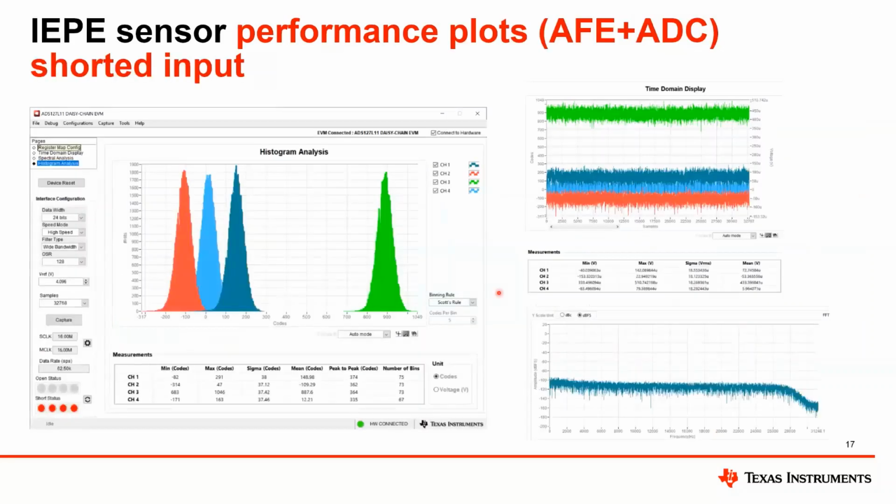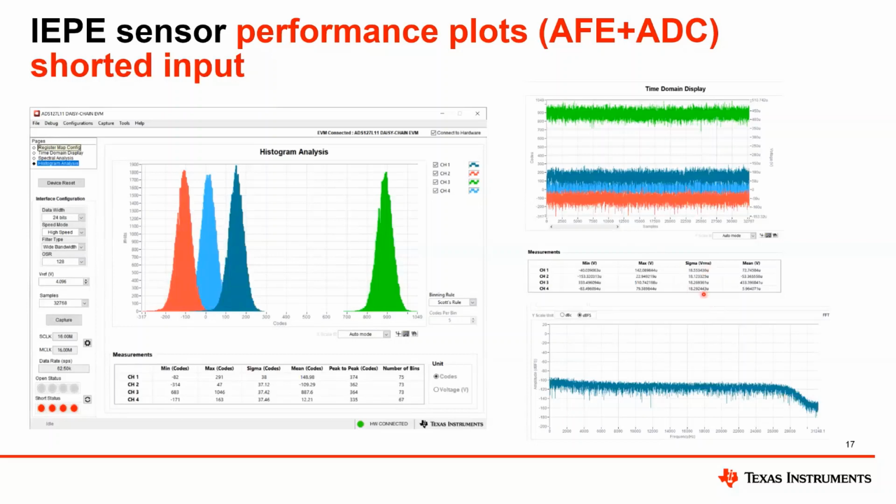Here are some captures from the software, showing the performance. We see here on the top right the time domain signal for 4 channels, and you see a little difference in offset between the channels. The frequency response of one of the channels you see on the bottom, and as you can see, RMS noise